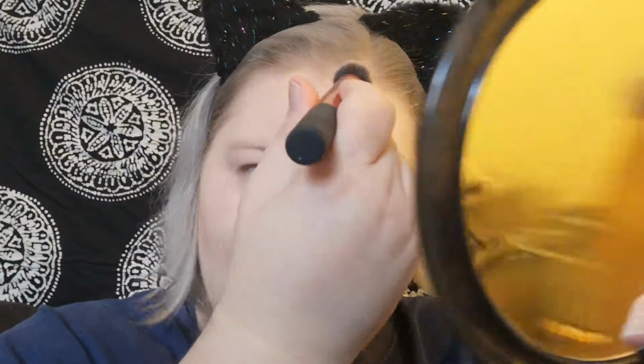But like I say, I go quite heavy at first. Then I get the powder brush. Oh, actually no I don't. I've got to go around the edge first. Right, a bit more on that brush. And I just contour basically. I'm still learning the best places to contour, but I think I don't contour too much because